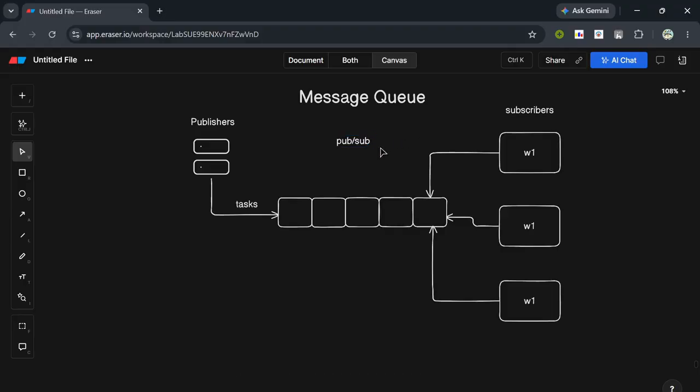So this is the typical pub sub architecture where we have publishers which keep on publishing or pushing tasks to our queue, and then we have subscribers which keep on pulling the tasks from the queue whenever a task is available. So let's say we created a particular task, like we have a particular task which needs to be addressed